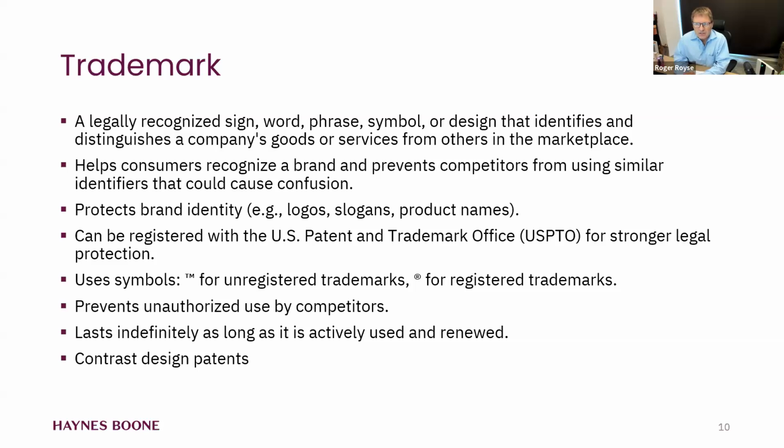Here's something kind of interesting. You'll see these marks, TM and R. So TM just means you have the trademark. That's for an unregistered trademark. You can use that. The little R in the circle, you only use that if you've registered the trademark. So be careful about that so that you're not saying something deceptive. The trademark, unlike these other types of protections that I've talked about, can last indefinitely as long as you're actively using the mark, but it can also be abandoned. It can be lost anytime, through abandonment or non-use.